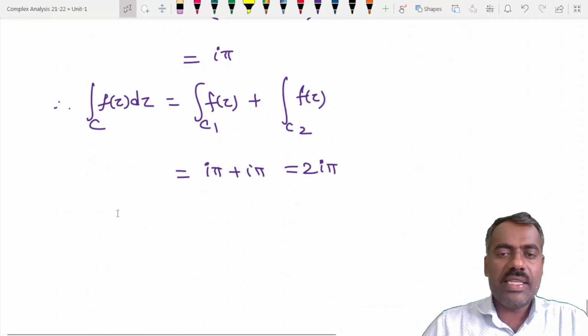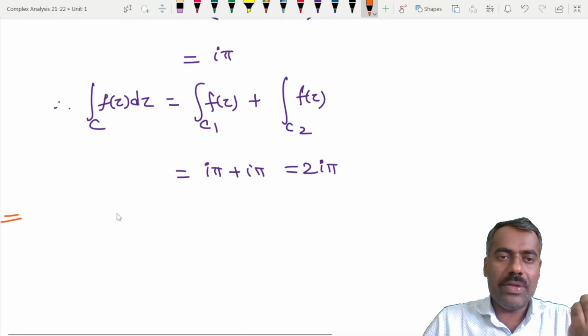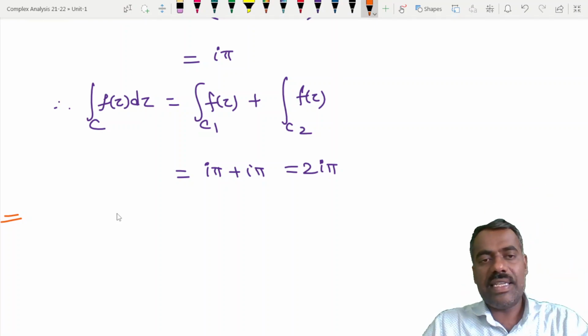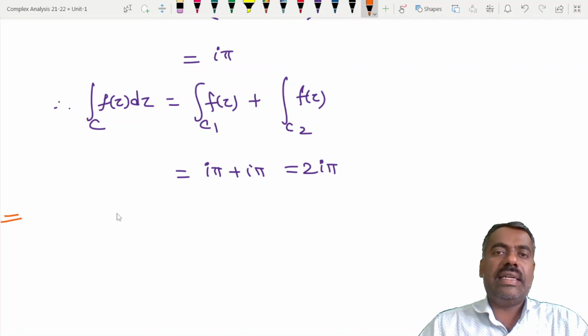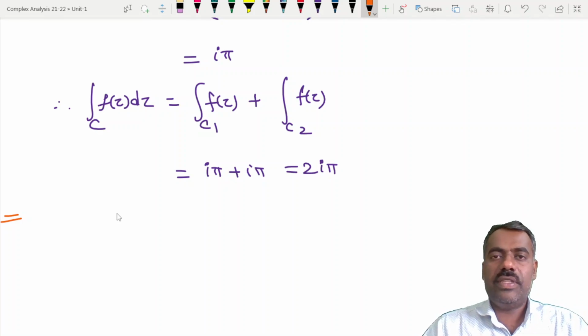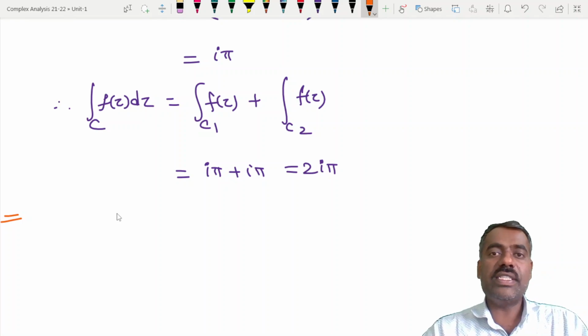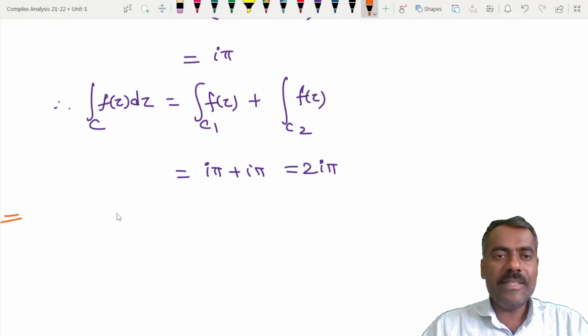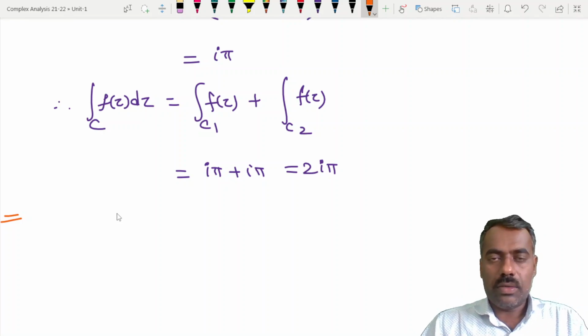So far what we have seen is that if f(z) has an antiderivative, then the integration of f(z) over C, where C is any closed contour lying in that domain D, is 0. Similarly, we can have a result which says that, due to Cauchy,